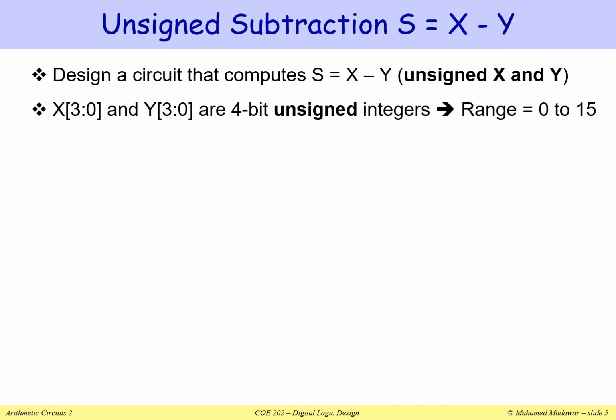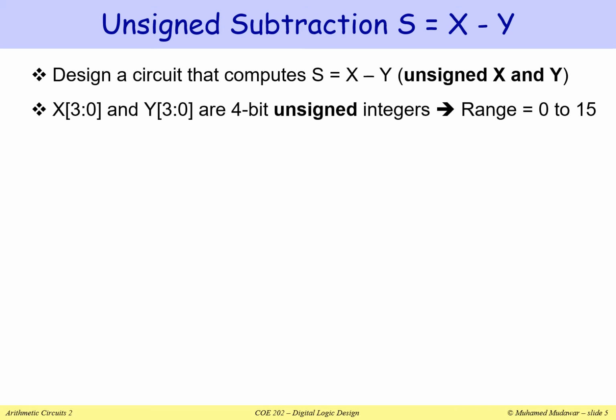How about subtraction? Suppose I would like to design a circuit that calculates s is equal to x minus y, where x and y are unsigned. So the range is from 0 to 15 because x and y are unsigned integers. How do I calculate x minus y? We can